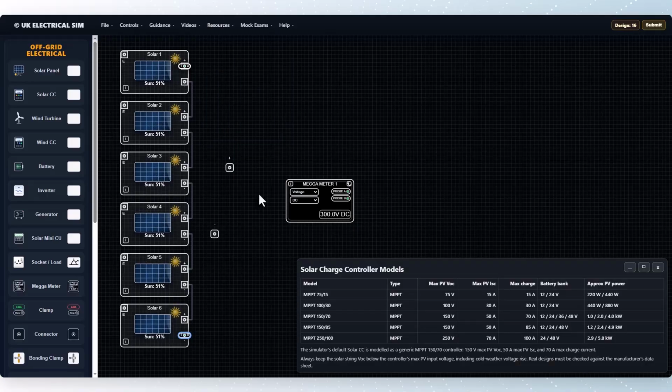In the table, we can see that even the larger MPPT 250/100 model has a maximum PV open circuit voltage of 250 volts. Our 6-panel series string is producing around 300 volts, so this arrangement is not suitable for this type of small